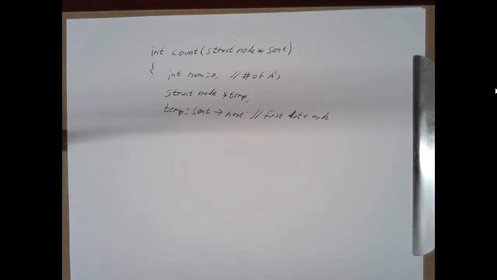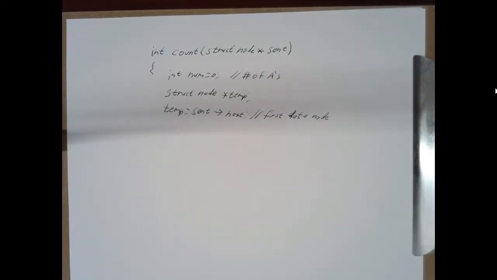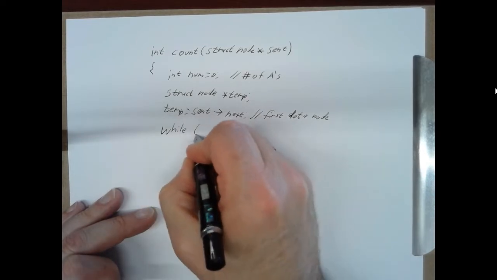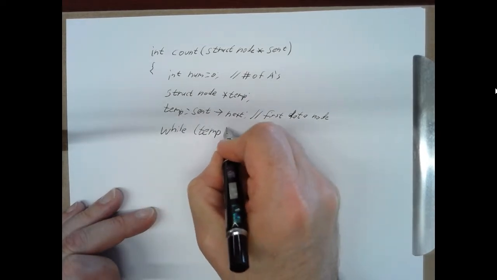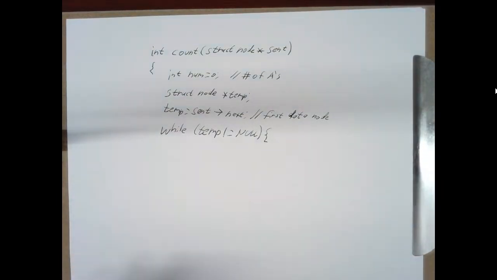So we didn't have to check if that was null. Sentinel is never null. That's why we have a sentinel. Sorry, next. We didn't have to check next. Temp may very well be null at this point. That's okay. Since sentinel's not null, we can always say sent arrow next, but temp may be null. So before we use temp, we need to check. But we can do this in a while loop. So while temp is not null. And if temp's not null, then temp is a data node. It's the first data node in our list.